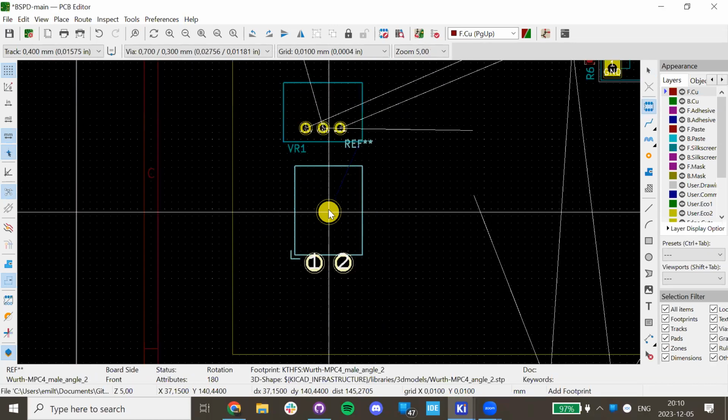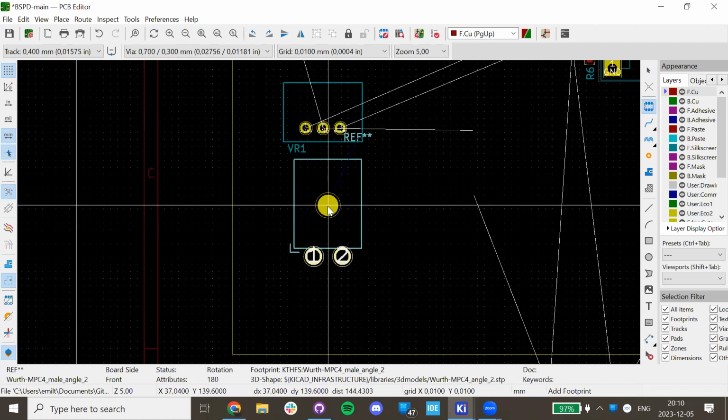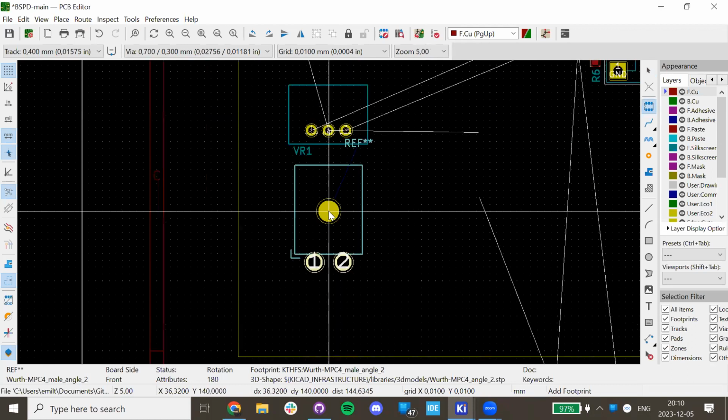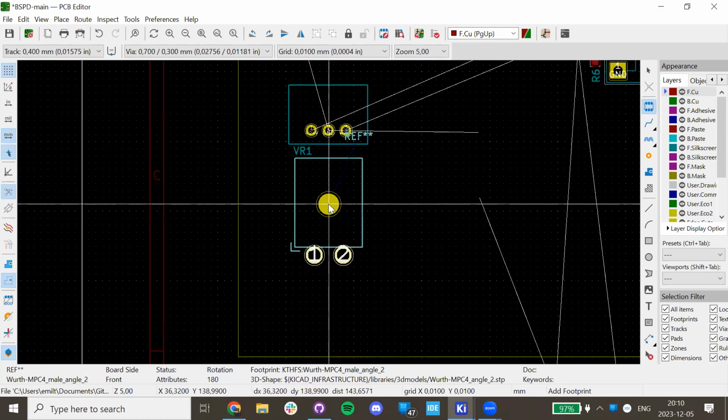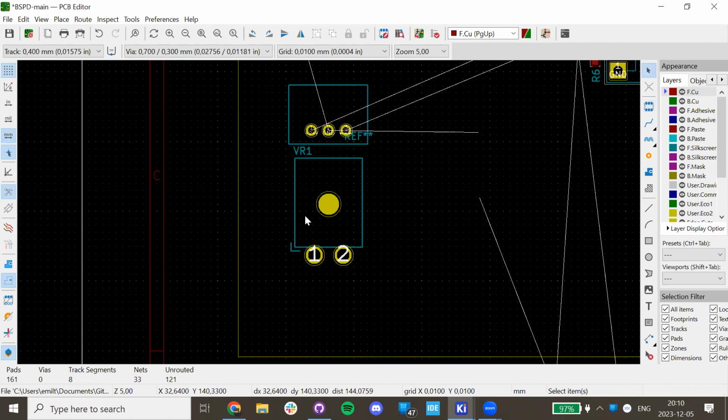And then if we have some connector, for example, an MPC4 angled connector, and we place it, you see this blue? If I cross in here, you see this blue? This is where the outline of this component is. So this component fits here, right? This is no issue. The blue lines here aren't intersecting, so we know that the components aren't intersecting. But